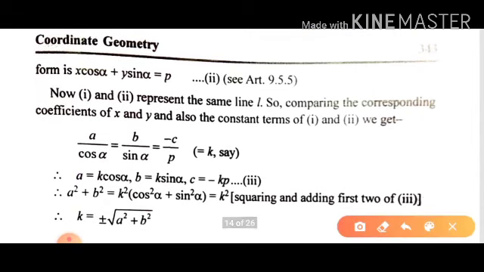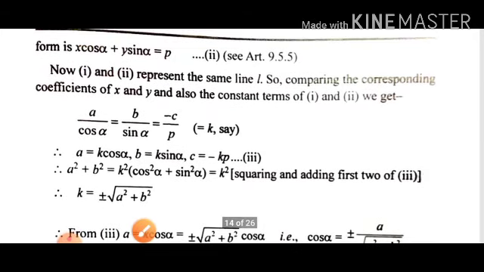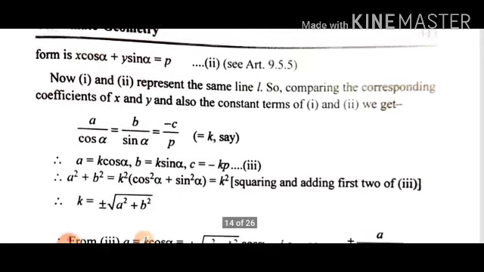So we know the normal form is generally of the form x cos alpha plus y sin alpha is equal to p, where p is the length of the perpendicular, the length of the normal, drawn to the line from the origin. So if you look at here, x cos alpha, now